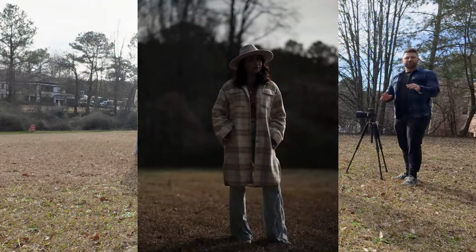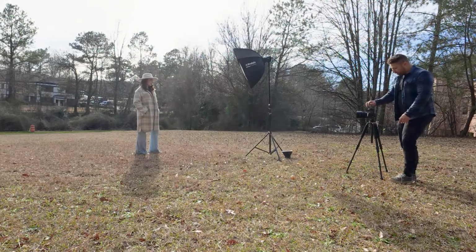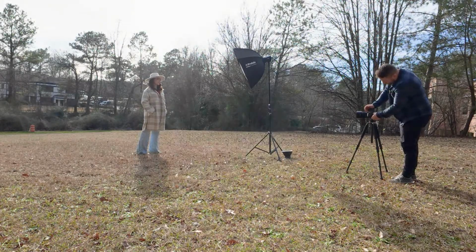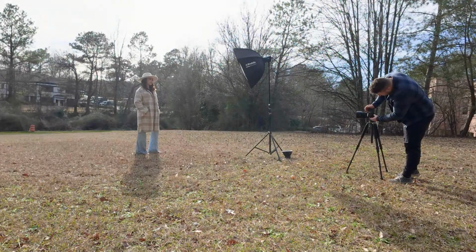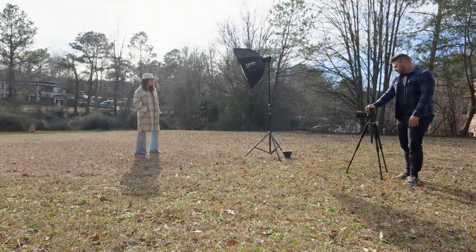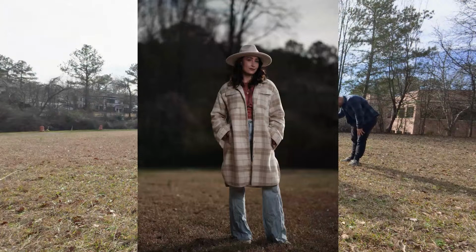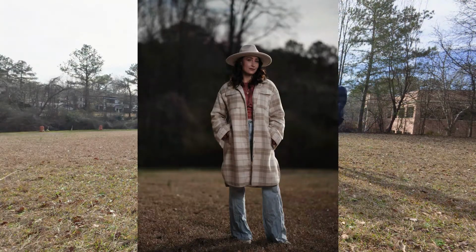So this is us pushing all the way up, bringing the ambient down as much as I can with my camera. I can only go to 4,000th of a second. Granted, I could close down my aperture a little bit more, but I want to stay at that 1.7. Now, if I turn the remote back on and let the softbox do its thing, go back to TTL mode, 3, 2, 1. It does an okay job, actually. Here, let's review. It actually does an okay job of filling Kate in, which is really impressive for 250 watt seconds,